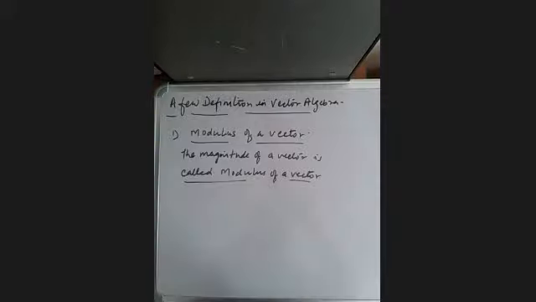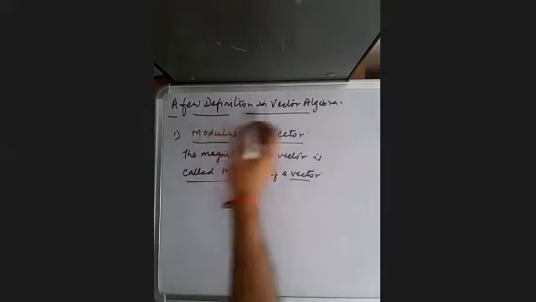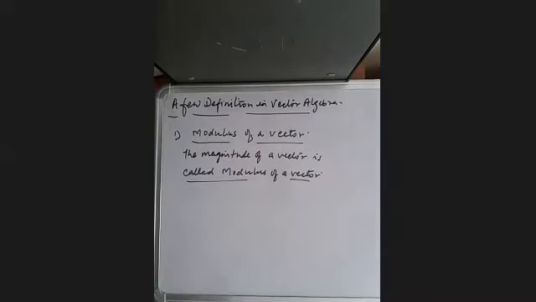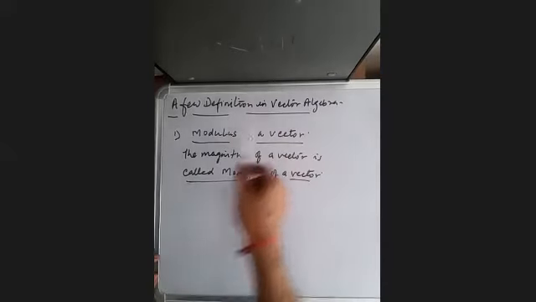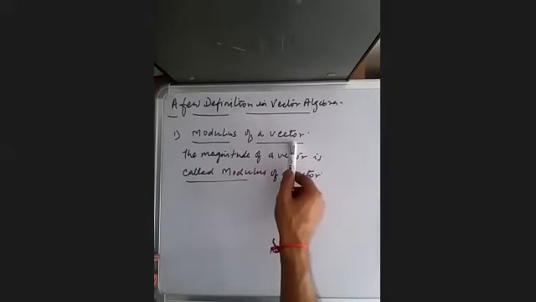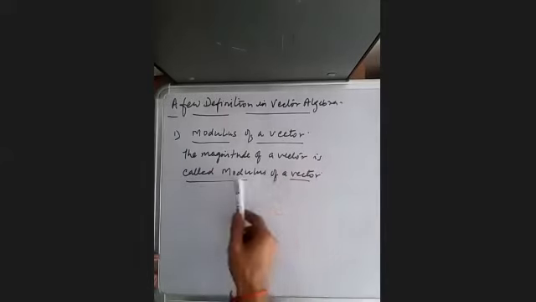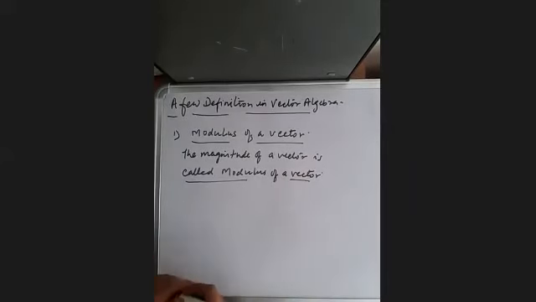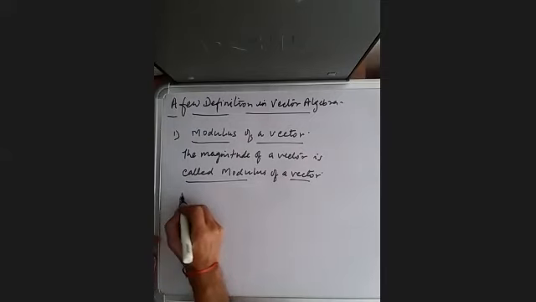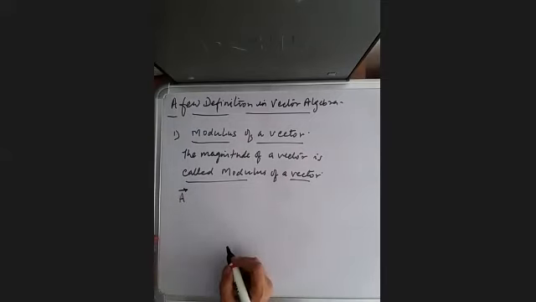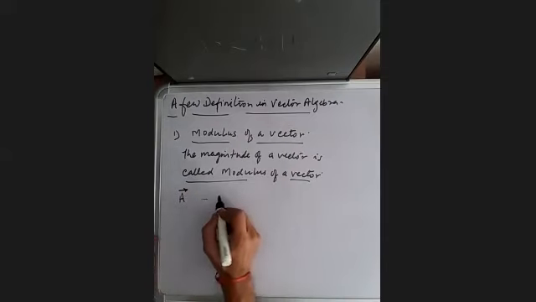Once again, a few definitions in vector algebra. Modulus of a vector: the magnitude of a vector is called the modulus of a vector. Suppose we have a vector A. It has direction as well as magnitude. Now if you want to represent its magnitude,